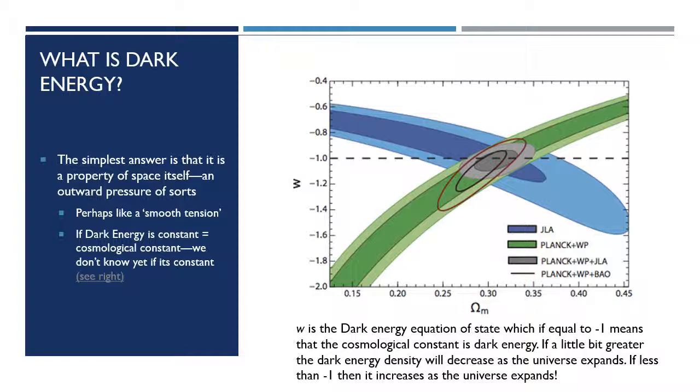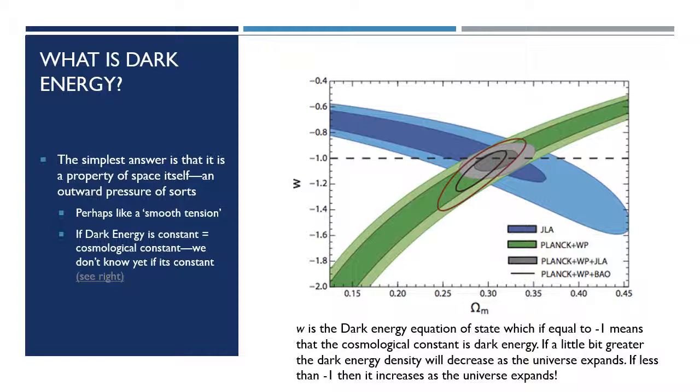And a few things is that if it really is constant, it's called the cosmological constant. But we don't know if it's constant yet. Here's an example diagram of, instead of having the fractional energy density of the cosmological constant, or dark energy, plotted on the y-axis, this time it's what's called the dark energy equation of state. And on the x-axis is still the overall fractional energy density of matter. And so the equation of state is really interesting. And if it's equal to -1, exactly, then that means that the dark energy is the cosmological constant.